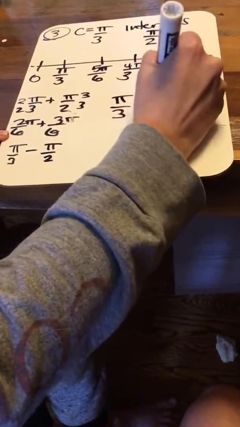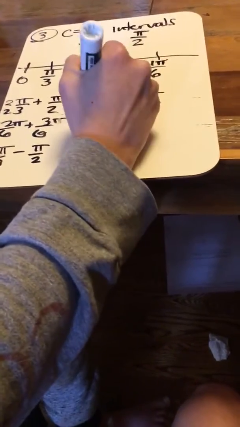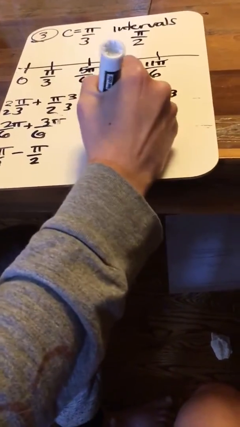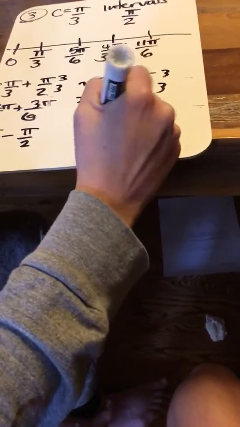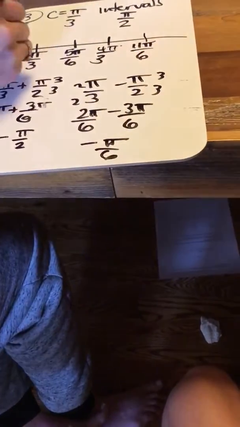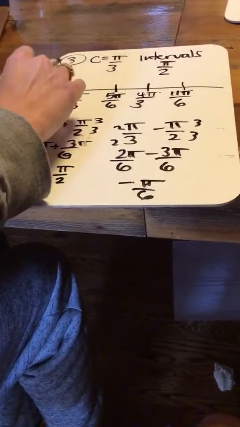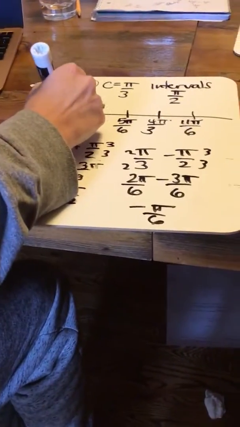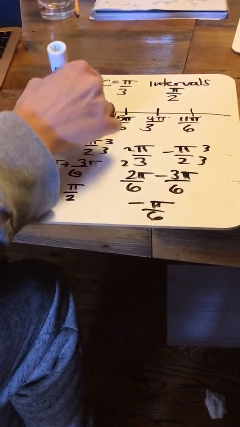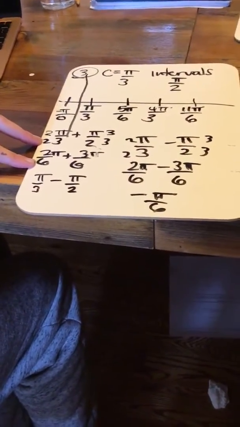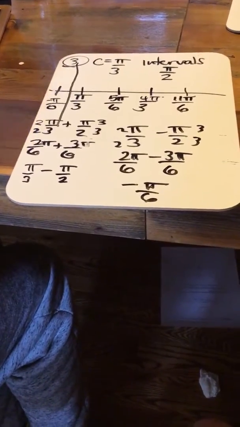So if I erase this work here, if I have pi over 3 minus pi over 2 and find my common denominator, that's 2 pi over 6 minus 3 pi over 6, which is negative pi over 6. So on the other side of the 0, I could just put negative pi over 6, and we would just know that our axis is somewhere inside here, okay? And then you could do it the same way that I already taught you,